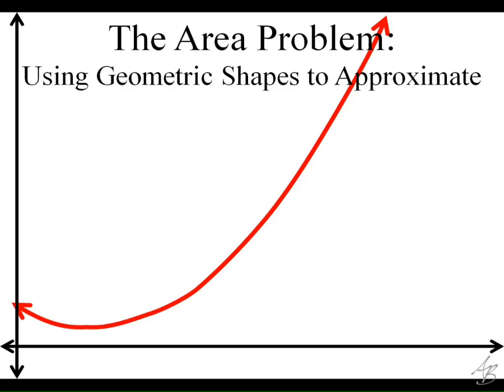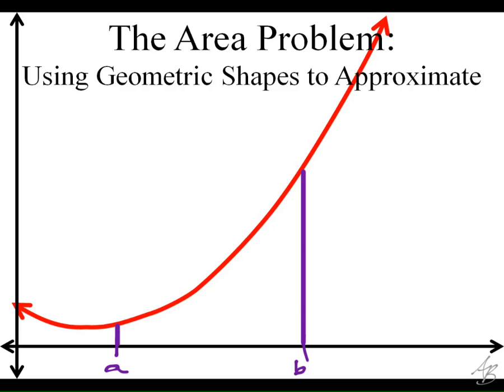If I wanted to find the area under this curve, say from x equals a to x equals b, this is not a geometric shape that is familiar to me. So to find the area of this thing, I'm going to have to get creative. So I want to find the area between x equals a, x equals b. Let me draw this a little more accurately. So what I'm going to do to find this area is I'm going to break it up into shapes that